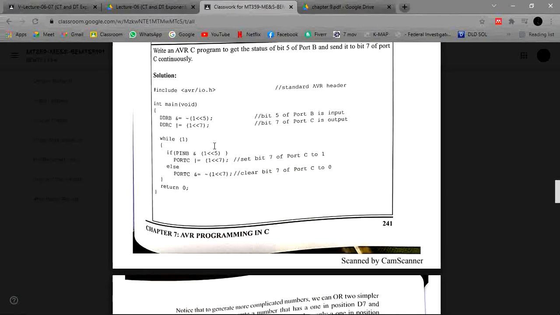Then port C will set the 7th bit to 1, and if it is anything other than this number, it will clear the 7th bit of port C. So it will never disturb the other pins of the port, but will just change the 7th bit of port C to 1 or 0 with the help of the conditions or the inputs we are applying to it.